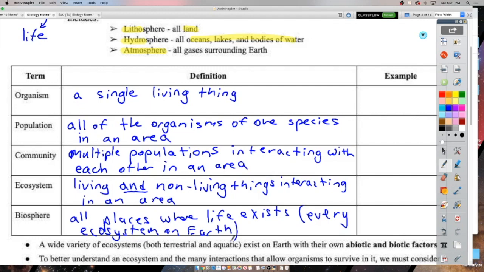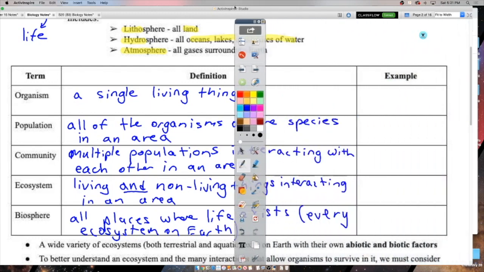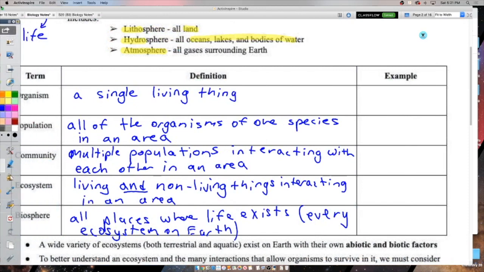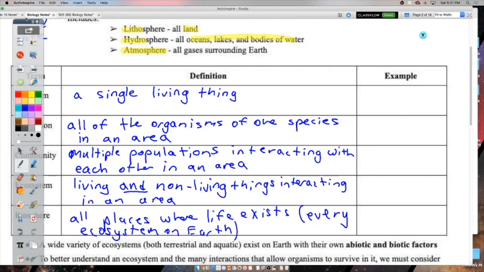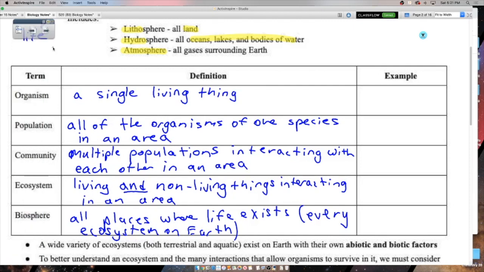Let's come up with some examples together. Or better yet, I would say pause the video, see if you can come up with your own examples of these things, and then come back and we'll see what other ones I came up with, okay? And then you can compare. So I'd say do that. Pause the video, come up with your own examples of all of this stuff. Okay, so for an example of an organism, well, we could pick anything. How about a moose? So an organism would just be one single moose, right?